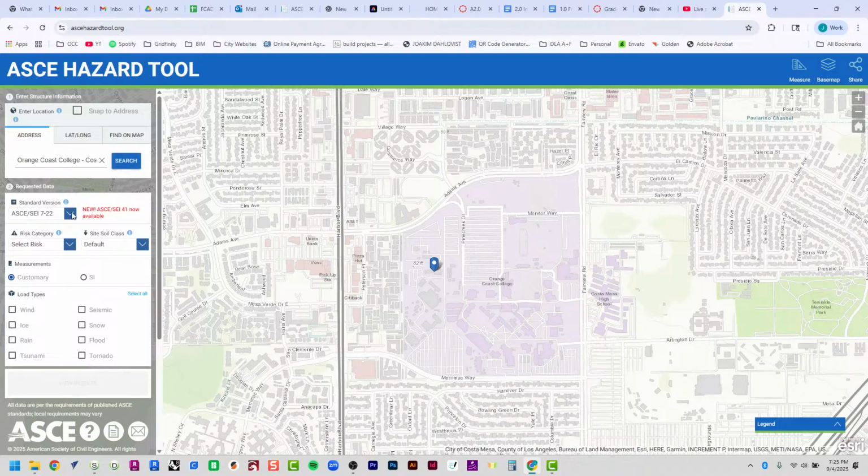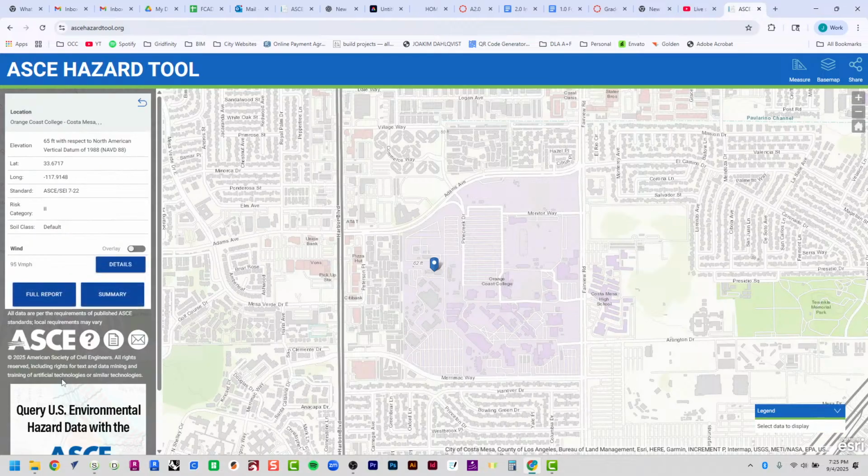I'm going to make sure that for the standard version right here, we're using this version, 7-22. And then risk category, we're going to choose risk category 2. Site soil class, we're going to leave at default. Measurements, customary. And the only load type I'm going to use on this website will be wind. So: 2, default, customary, wind. Once you hit view results,